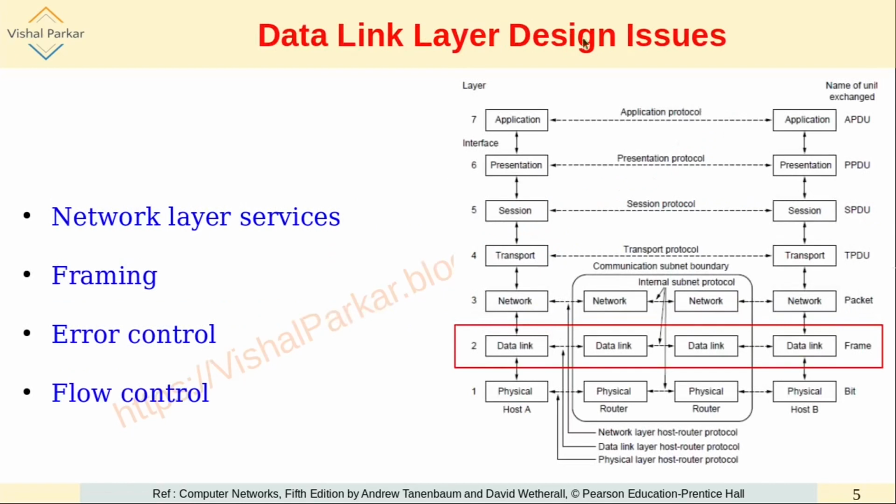So this diagram you might have already seen. Here there are host A and host B. The two machines communicating with each other are shown with how the OSI layers are situated for those different hosts. So there are 7 layers of OSI on host A, as well as the exact same OSI layers on host B as well. So if you concentrate on our point, that is the data link layer, which is the second layer from the bottom,